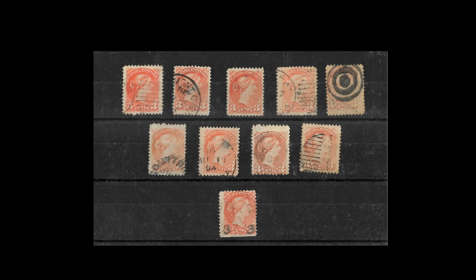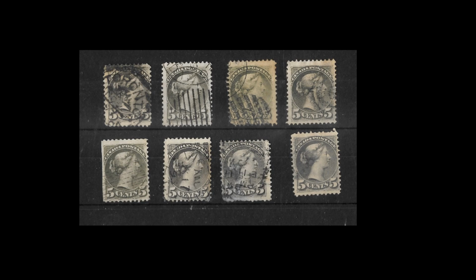Now I've never been able to distinguish between different paper types. Maybe it's because I haven't really studied this in detail, but it makes it difficult to accurately catalogue which ones you've got. And I guess the best way is to buy one that's already been catalogued for you. But the small queens are certainly readily available, and if you can work out the differences between the printings and